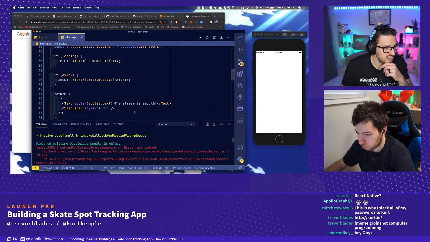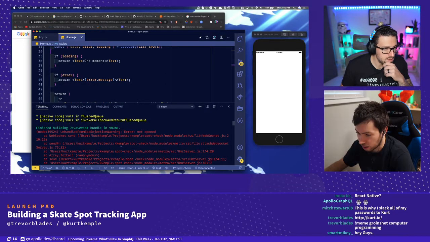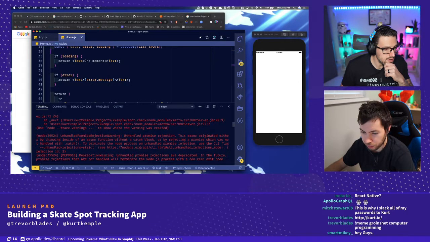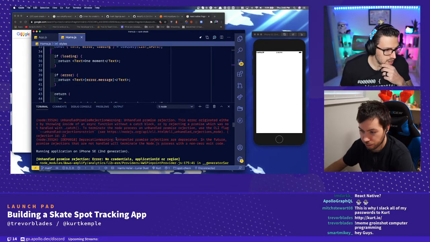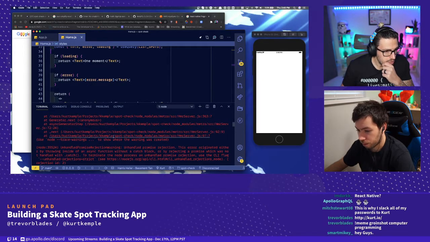Cool. Hell yeah. All right, so there we go. So that's working. So React got 16.2 fragment support. Cool. Okay, so it looks like our net info is maybe not working properly because it's just saying